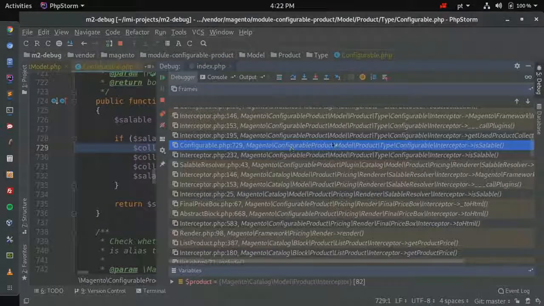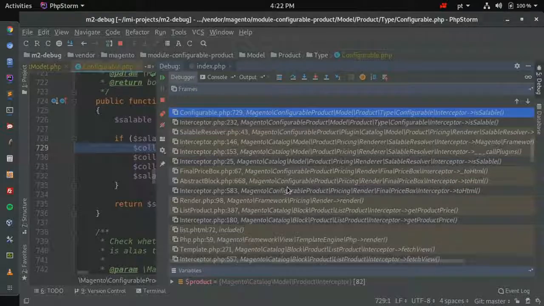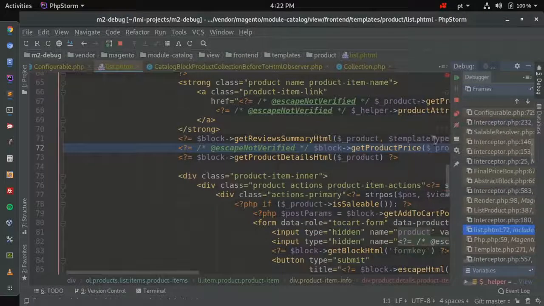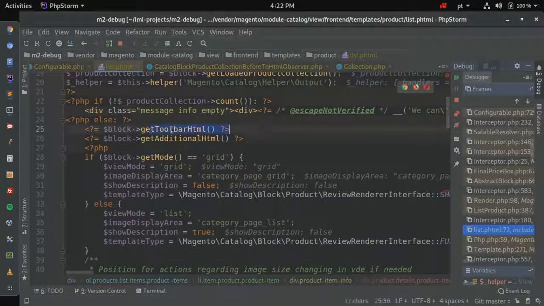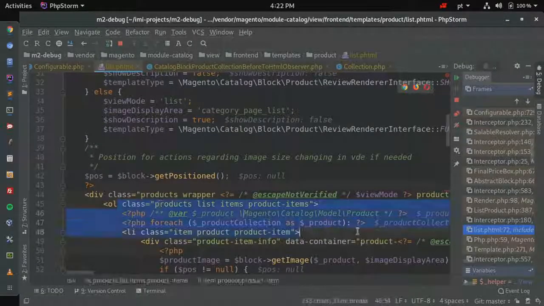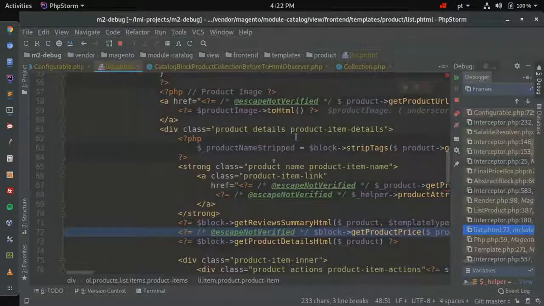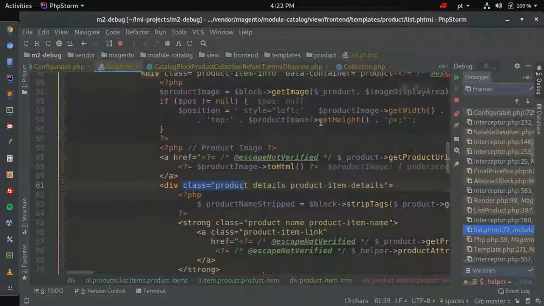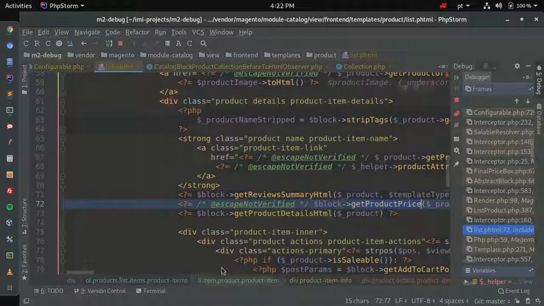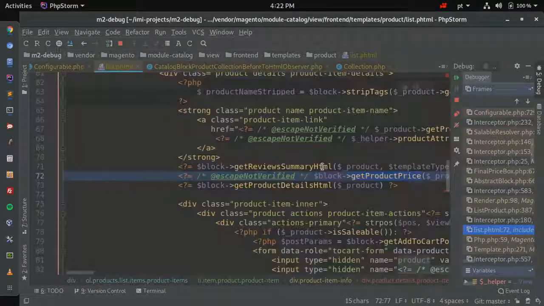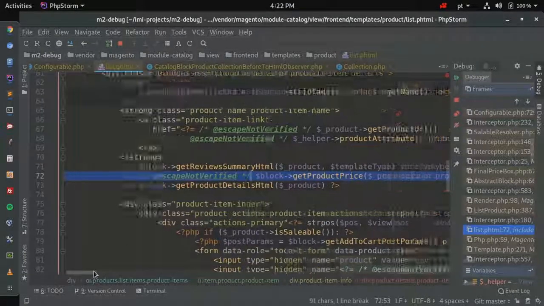Okay, Magento configurable product, which is in the configurable product module, and then type configurable, right? Let's see. Oh, there's the list.phtml, which makes total sense because we have the toolbars, and then the product names around here somewhere, and then we got the details, right? Image right here, because we just skipped images, and then we got the price. And by the way, it is something extremely related to the price because configurable options change the price probably in